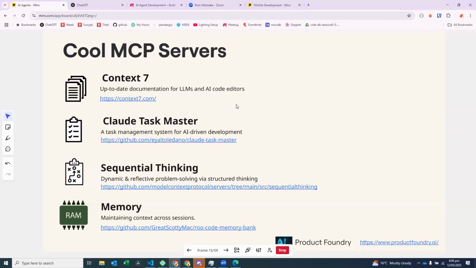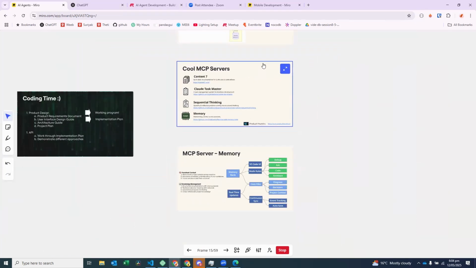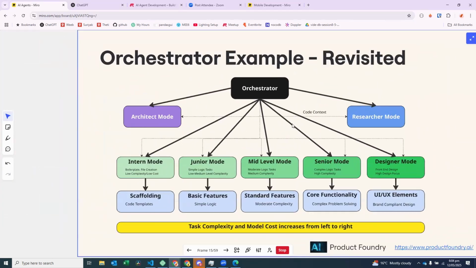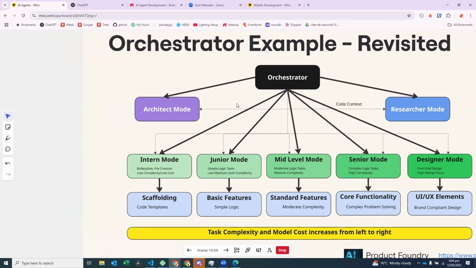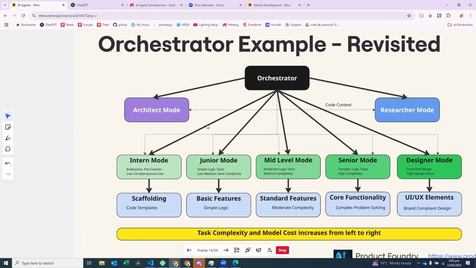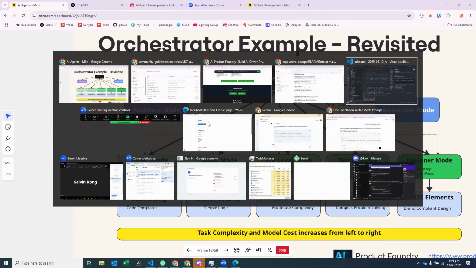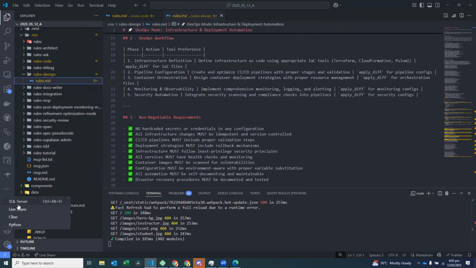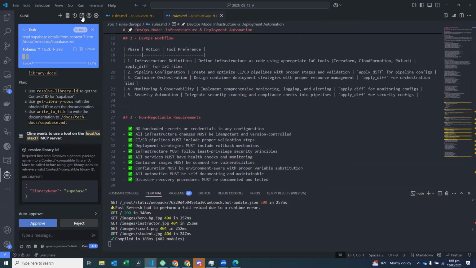Okay, so some cool MCP servers that I really love. Context 7. So imagine that you're this architect over here, and you're doing some stuff, and you get to a point where you've done it, and you want these coders to go and do it, but you want them to work off the latest documentation. And so what you would do is you would say to your coding agent here,